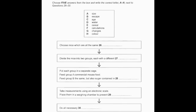OK. So once we've measured the weight gain of each mouse, we can work out the average for each group, as well as the standard deviation, and then see where we go from there. That sounds cool. I think the students will enjoy it. Yes. One thing you must remember...